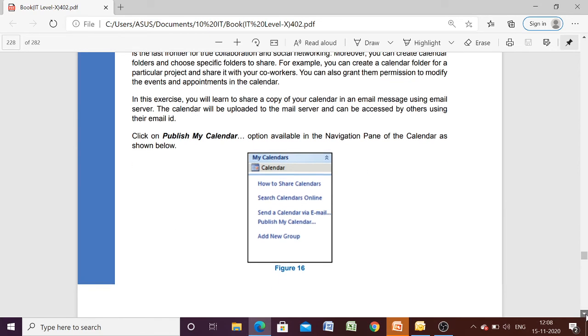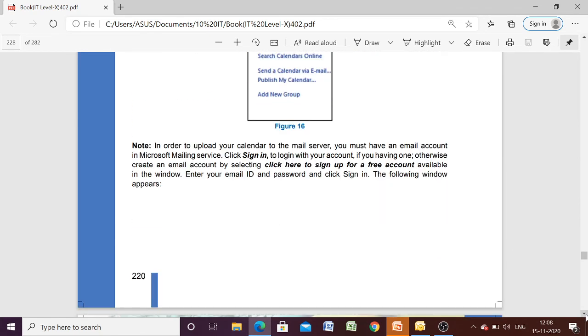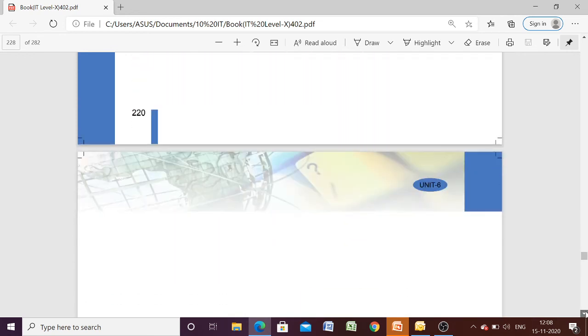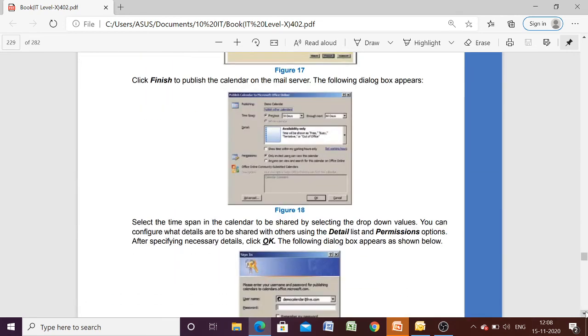That can be done only if you have a Microsoft email account. Otherwise you can sign up for a free account as well. So the process you have to follow is, first you have to create your account, and after publishing, your calendar will be saved to your mail server.